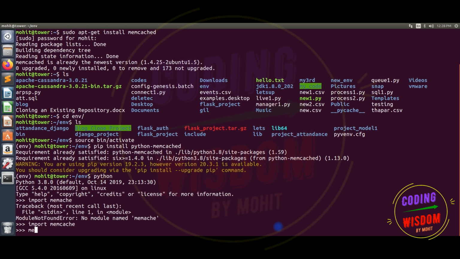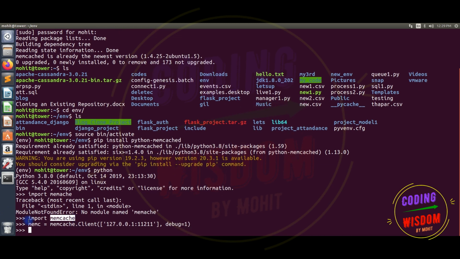And then make a connection, mmc equals memcache.Client, I think this C is capital here, and a list of all the IPs. I have only one IP, my localhost IP. So give the exact IP and the port 11211. And one more thing, debug equal to 1. So our Memcache connection is ready.